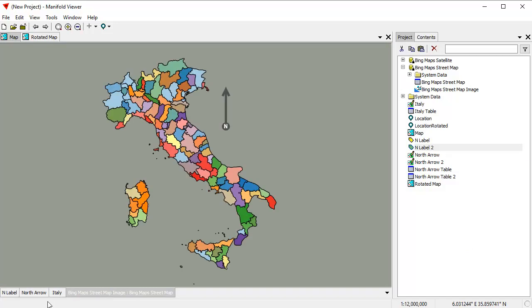Let's turn off Bing because it's annoying. And turn these guys off, and north arrow 2 and north label 2 there. Or drag and drop that there. Okay, one last thing which we're going to do here is, I know we're running kind of over here, but